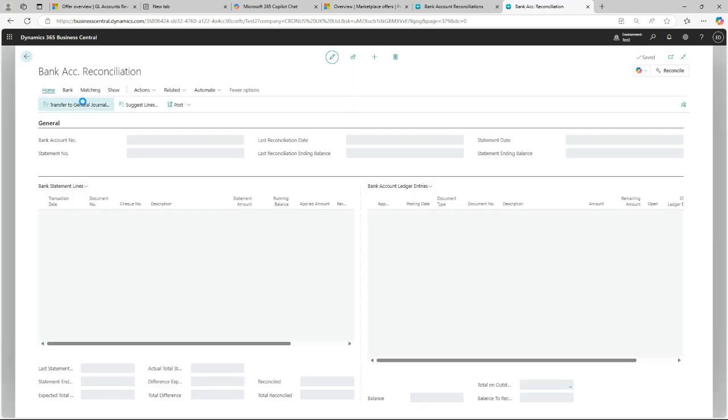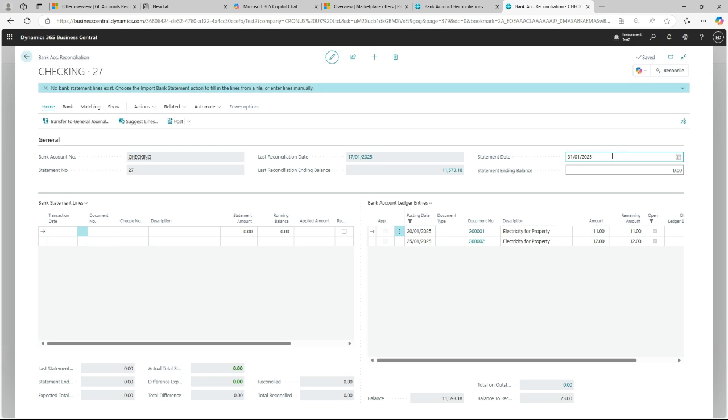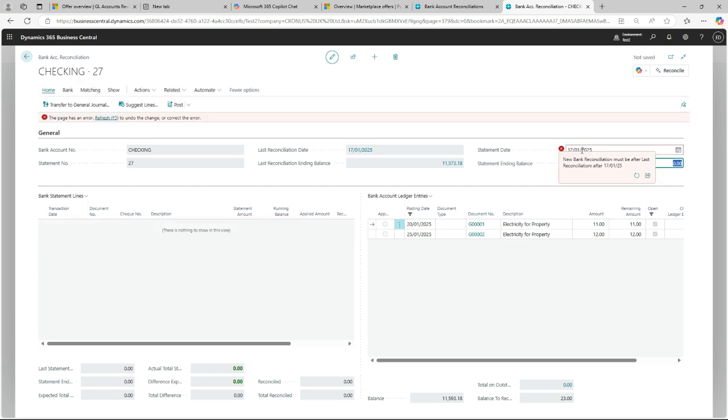So another thing that you don't want to do, you see this last bank reconciliation was done on the 17th, so you don't want to be able to do something like that, to have the new reconciliation that is after. So it needs to be